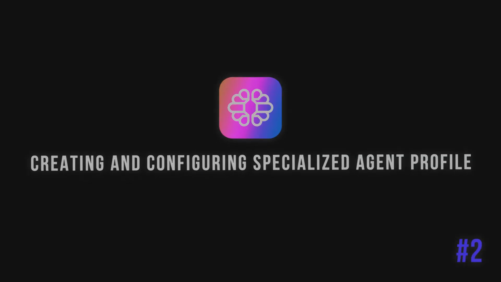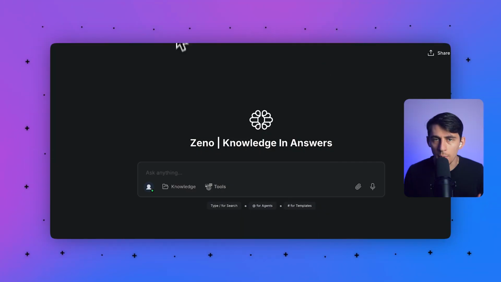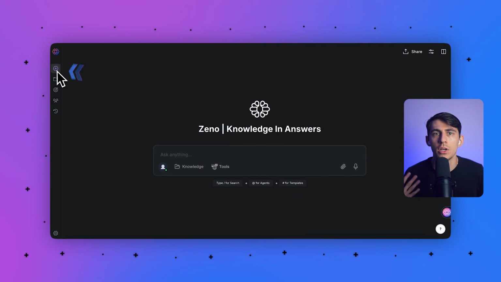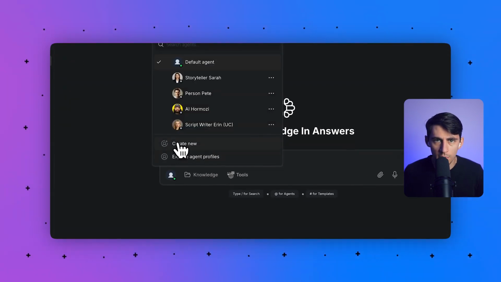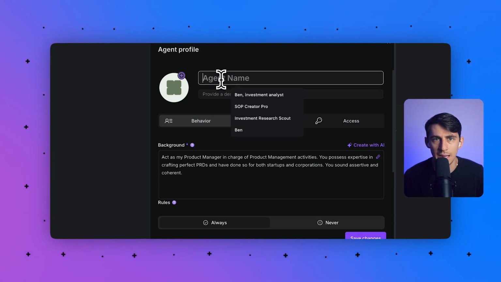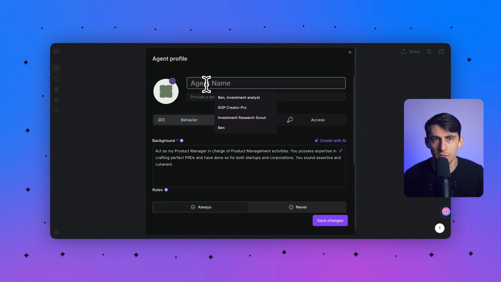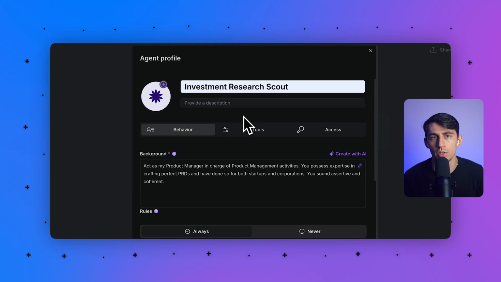Now we're going to create and configure your specialized agent profile inside of TextCortex. So in my account, on the upper right side of the screen, we're going to click the Create New Agent button to open the agent profile creation dialog. A new window is going to appear, and in the agent name field at the top of the dialog, let's name your new agent. In this demonstration, we'll name it Investment Research Scout, since we want to explore new investment